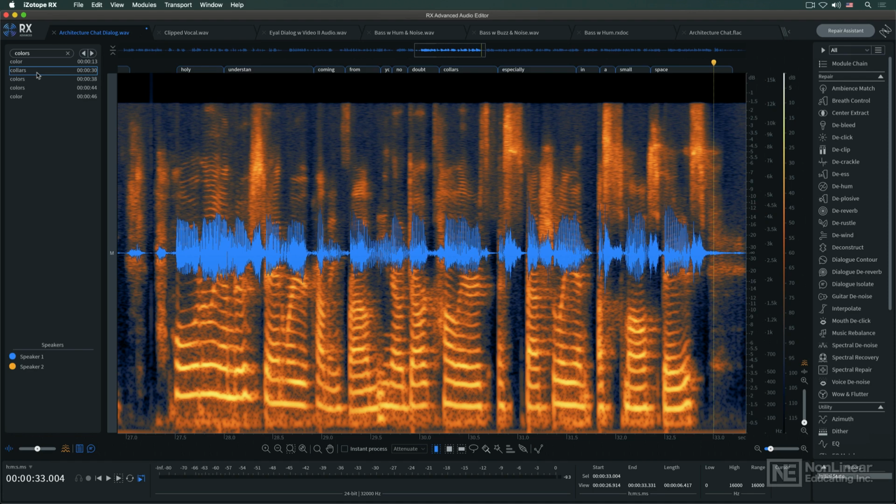And there's another useful feature in the text navigation pane: speaker identification. In a dialog file that